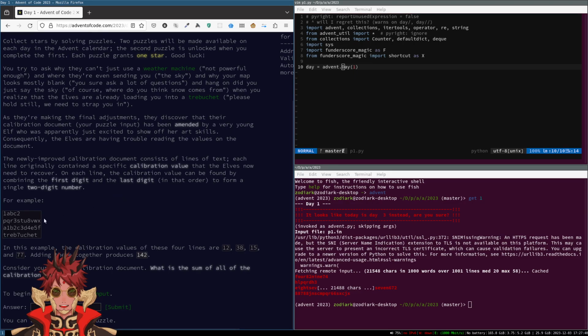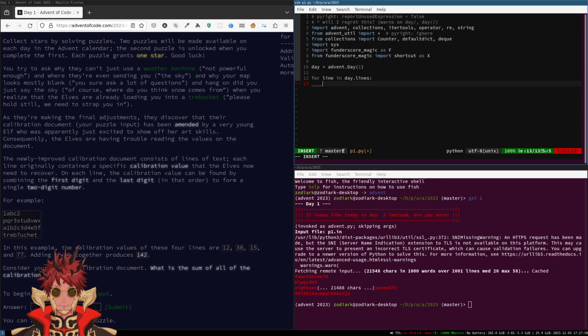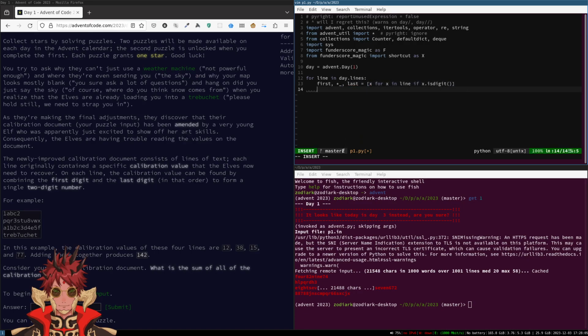The first digit and the last digit. Okay. So we want to just extract all the digits, and then we're gonna go first, star last, and then we have a sum.